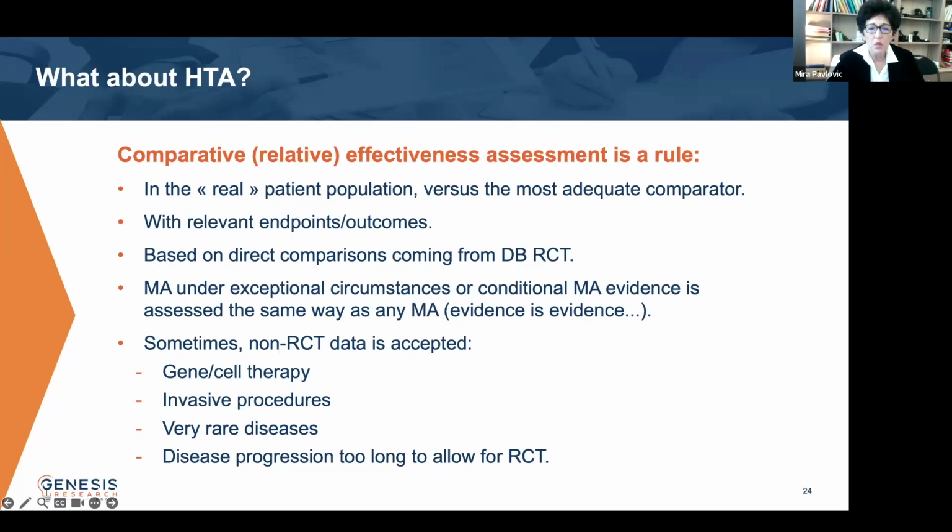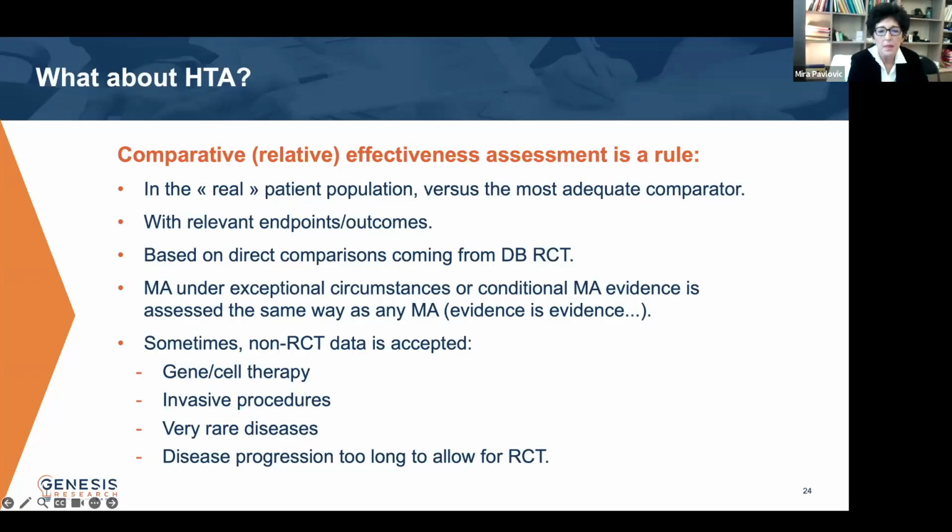Many HTA bodies do not take into account the nature of marketing authorization, meaning that for a marketing authorization under exceptional circumstances or a conditional one, they will assess the same thing, meaning evidence. Evidence, and then evidence, and then evidence, and that's it. So in some situations,